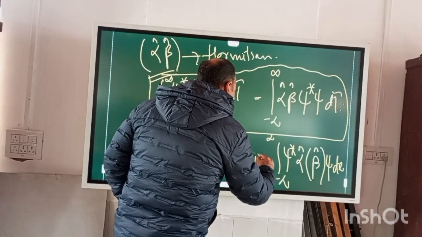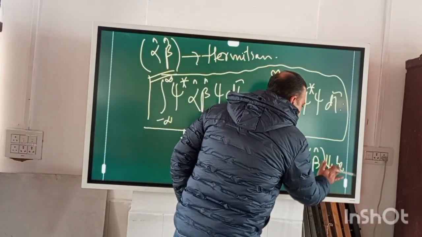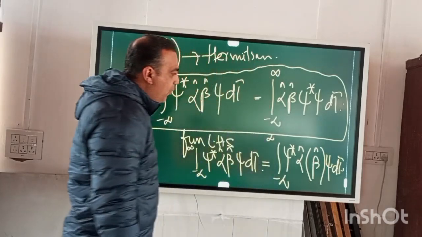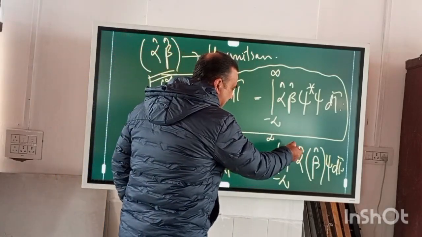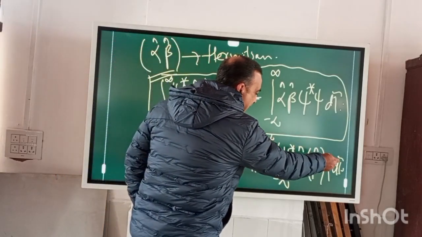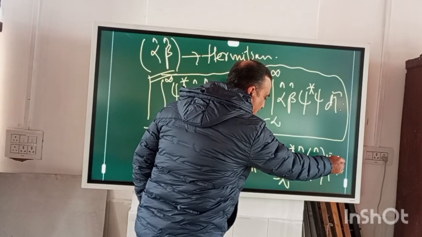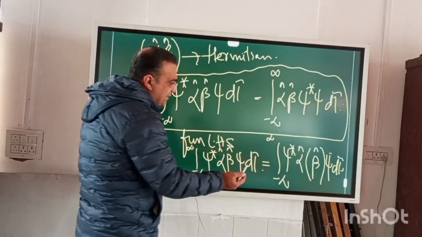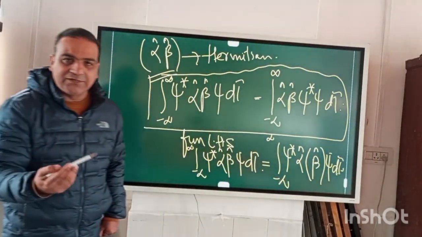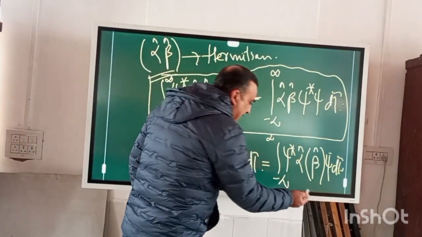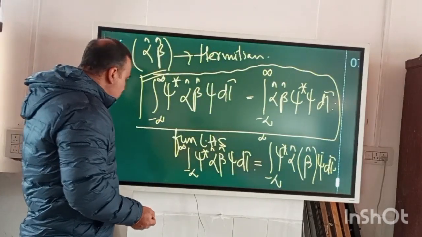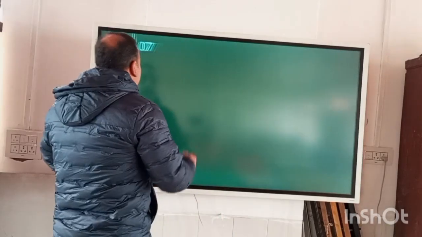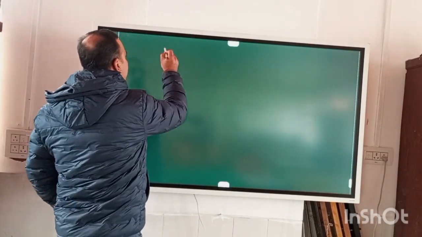Okay, so this is d tau, and here I have d tau. Now taking this as an overall function and this as another overall function, I can use the property of Hermitian operators, because I know that alpha cap is a Hermitian operator, and I know that beta cap is a Hermitian operator. So if I use that, what I'll be writing here is, using the property of Hermitian operators,